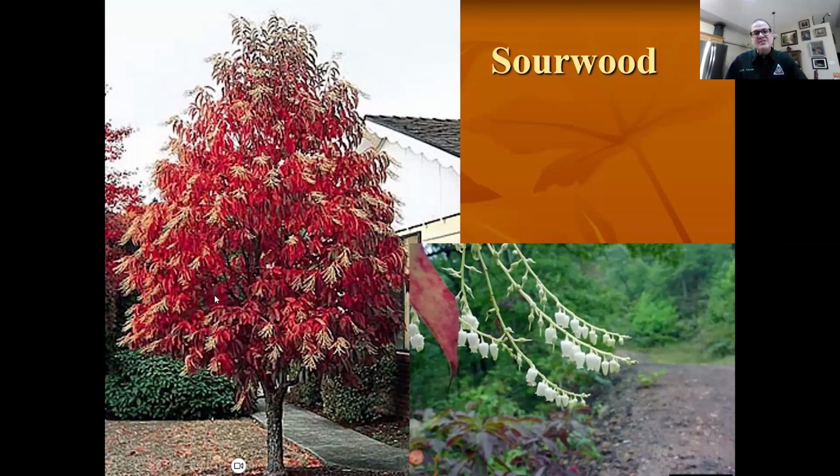Sourwood, this tree flowers in July, holds them into August, September, and then it turns red with the flowers on it. It is native to the Collie Ridge area in the Boot Hill, Missouri. Having said that, this tree has zero drought resistance. So if you're going to plant this, it should be in an irrigated bed with good drainage. And one summer, if you forget to turn the irrigation on, you're going to have firewood.